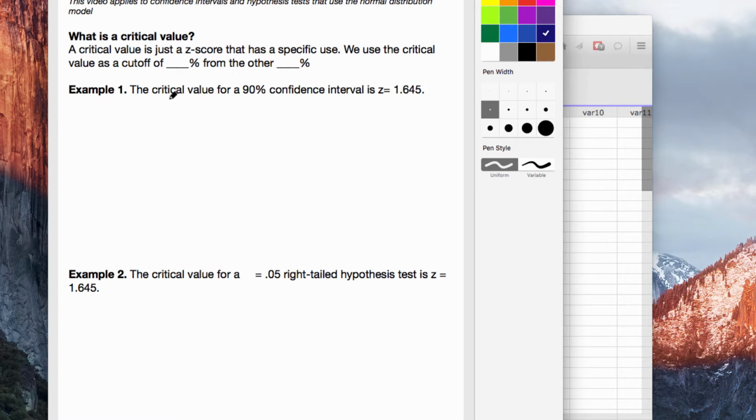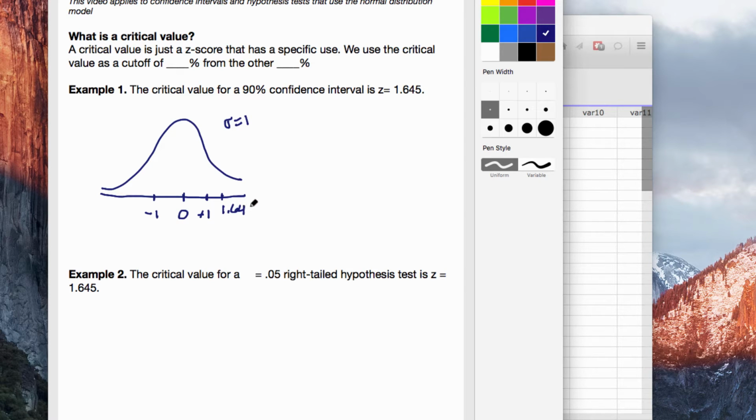So let's say we need a critical value for a 90% confidence interval. That z-value is 1.645. So what this means is that if we have our normal model, let's draw this out. So standard normal, we'll put 0 in the middle there. Remember that the standard deviation is 1 for the standard normal model. And about here and here, -1, +1, you get your cutoffs. So with a z-score of 1.645, we go out about 1 and then about 2/3 of a standard deviation further. So right about here,